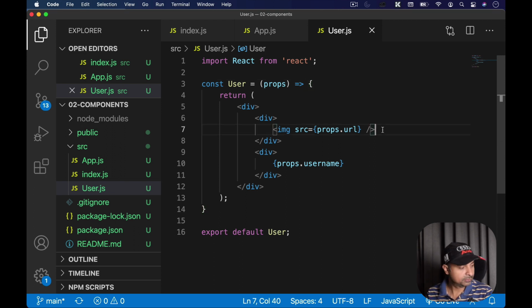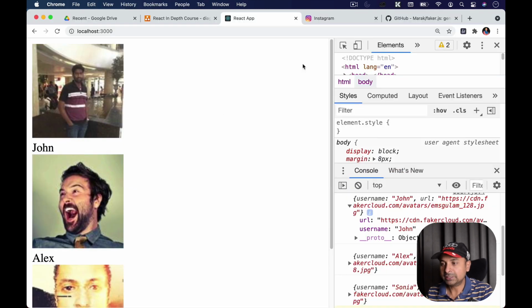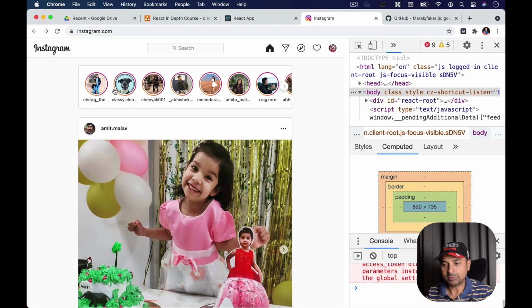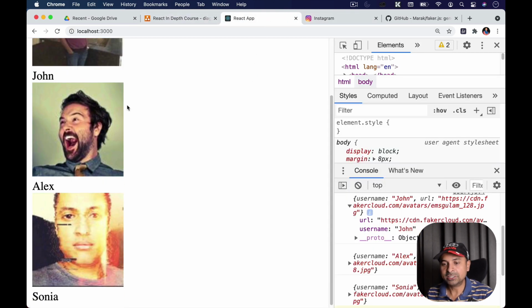So I think this is a good time. Let's have a small short break here, and so we are targeting to create something like this, right? There are circles with the username. So let's come back and let's write some CSS